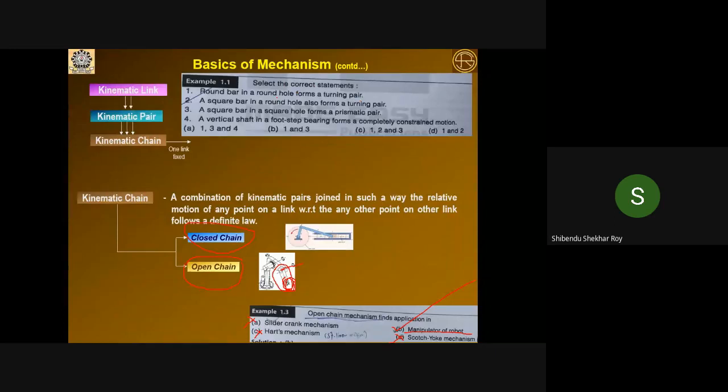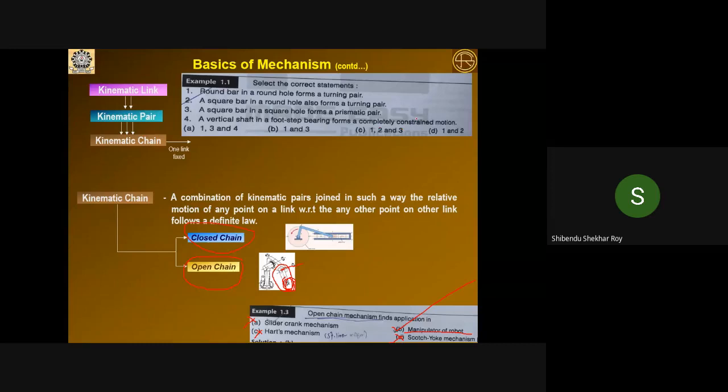Now let us see another GATE question I would like to show you here: select the correct statement. A round bar in a round hole forms a turning pair. A square bar in a round hole also forms a turning pair. Is it possible that a square bar can be inserted in a round hole? And a square bar in a square hole forms a prismatic pair, and